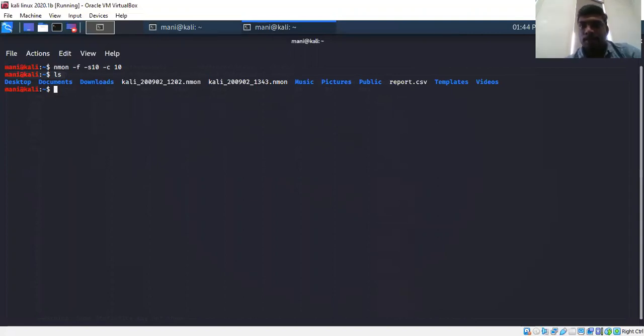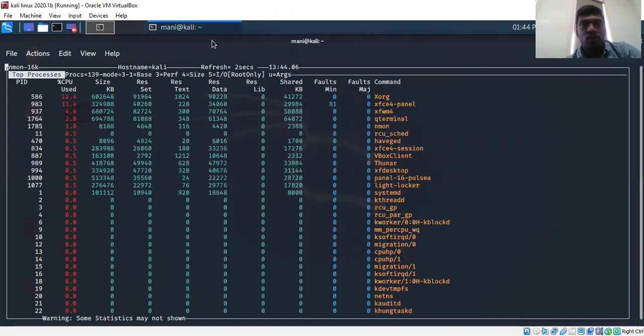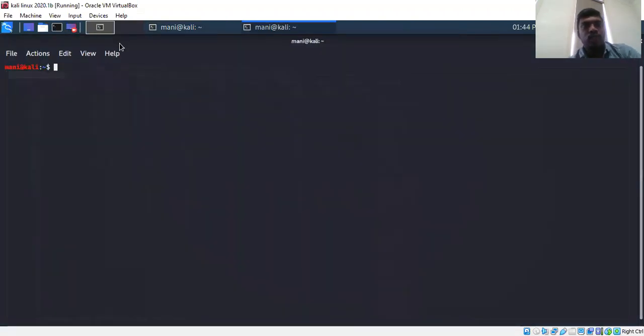So next, I'm going to explain the tool PowerTop. Basically, PowerTop is a Linux tool which is used to diagnose issues with power consumption and power management. In addition to being a diagnostic tool, PowerTop also has an interactive mode. You can use it to experiment with various power management settings as well.